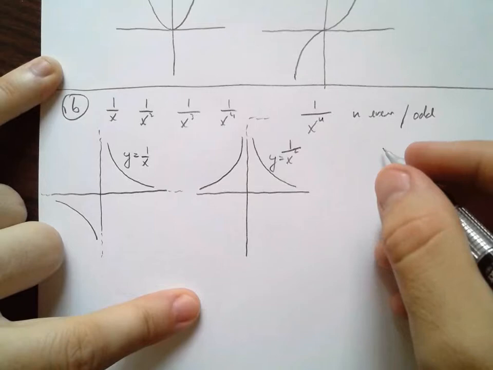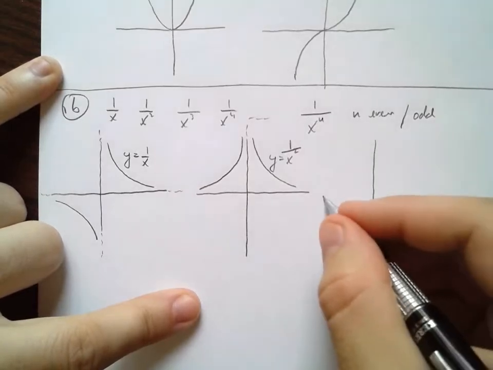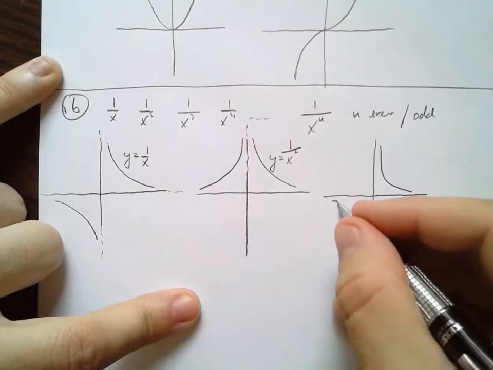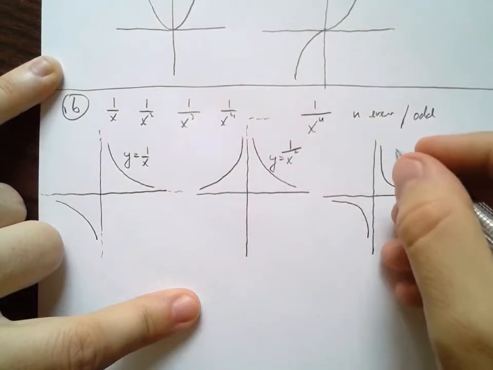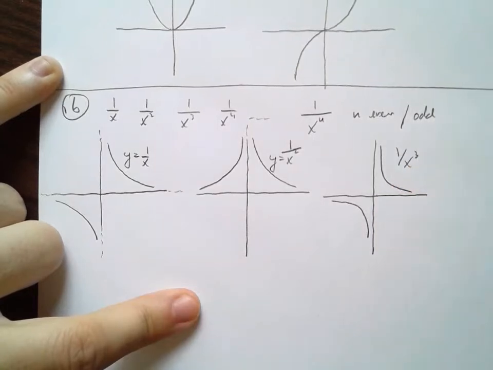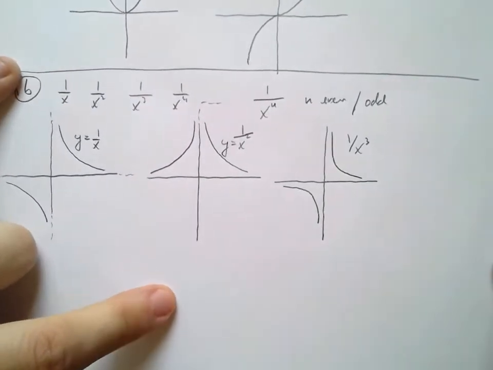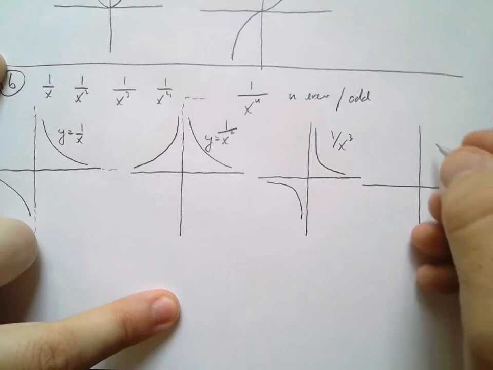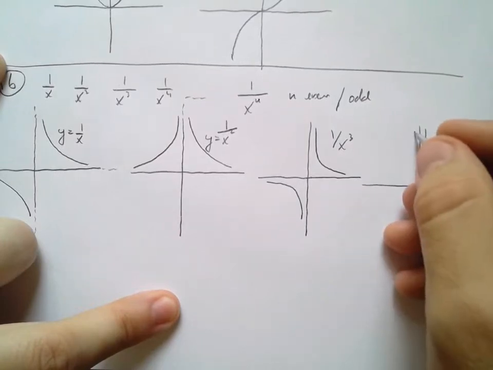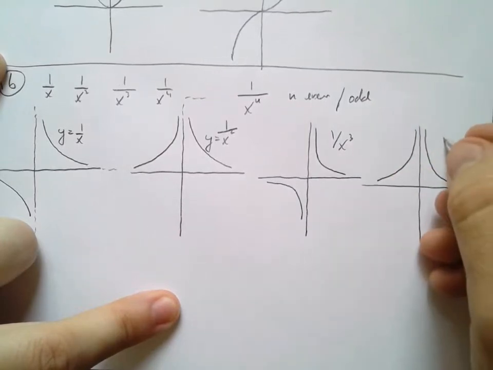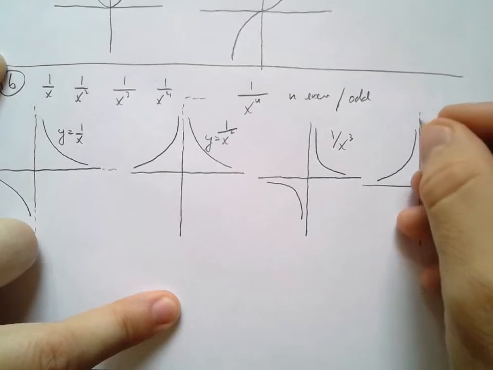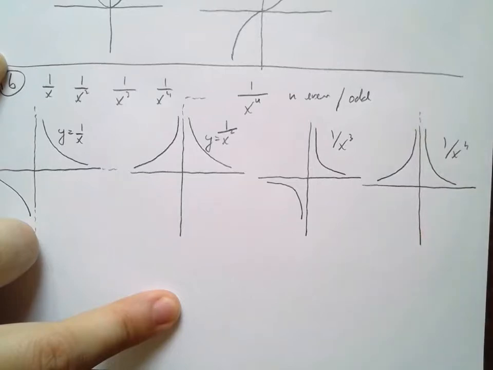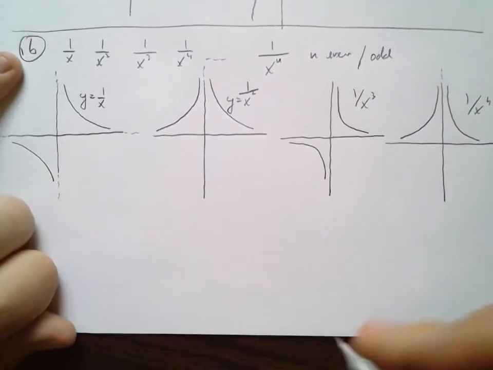Okay? And now if I move on to 1 over x cubed, again, that's going to look more like the 1 over x function, whereas if I draw 1 over x to the fourth, it's going to look more like 1 over x squared. Right, so they're going to be very similar. The only thing is the rate at which they approach their asymptotes, right? So then in general, when n is